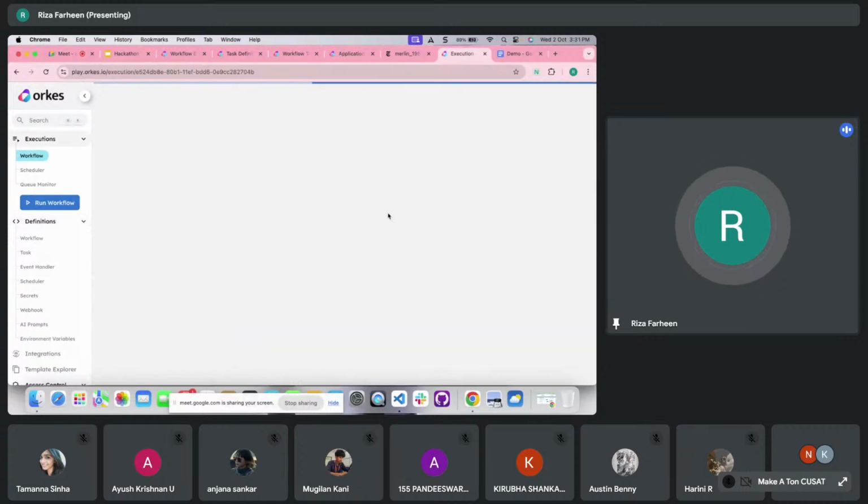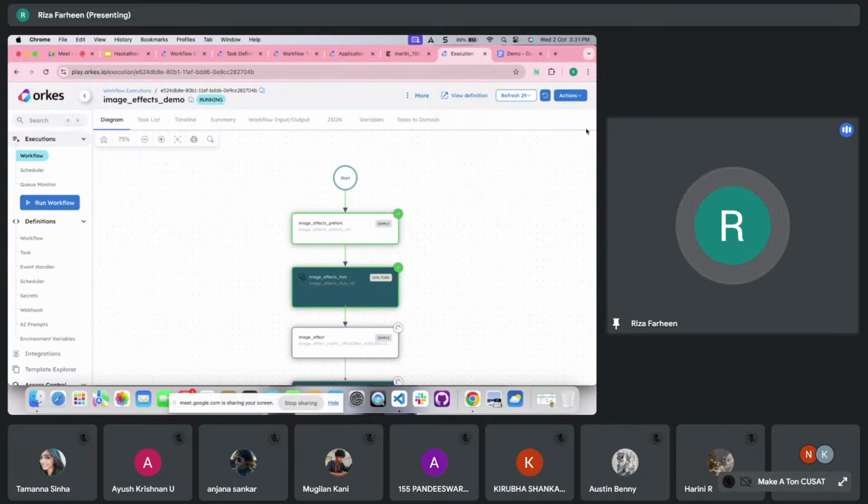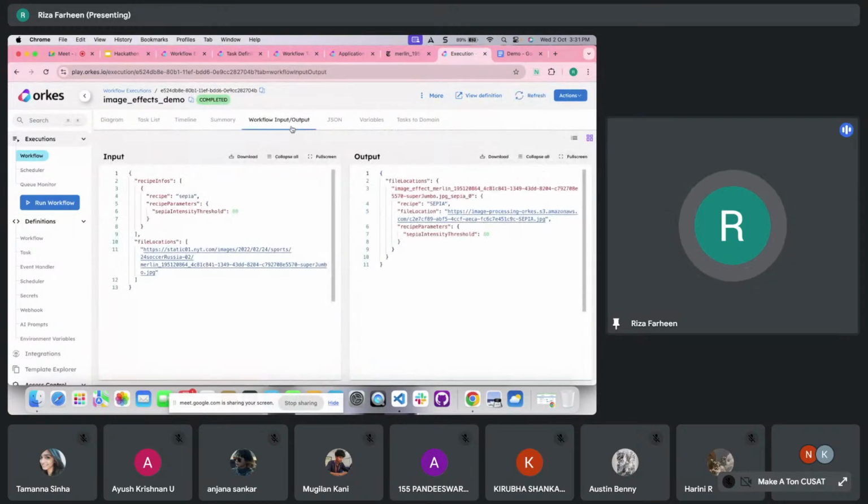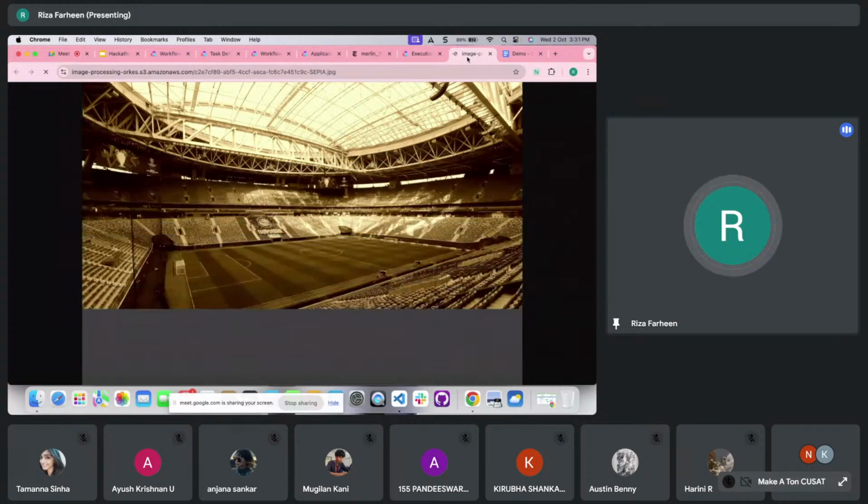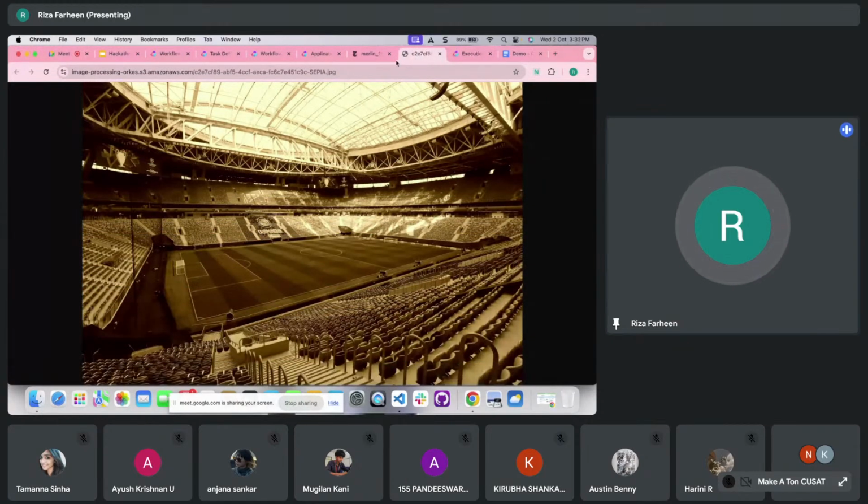So let's run the workflow. You can see it is in the running state, and you can see it is completed. Let's check. This is the same input which I have provided, and you can see the output they have stored into a file location. Let's open and see it. You can see that the effect is applied to this image in less than 1 second. So this was the input, and we have applied the CPR effect to this image